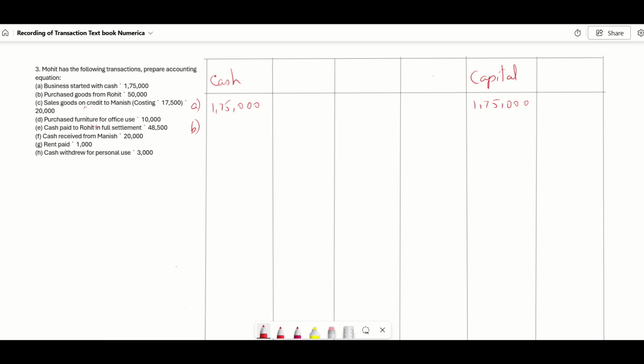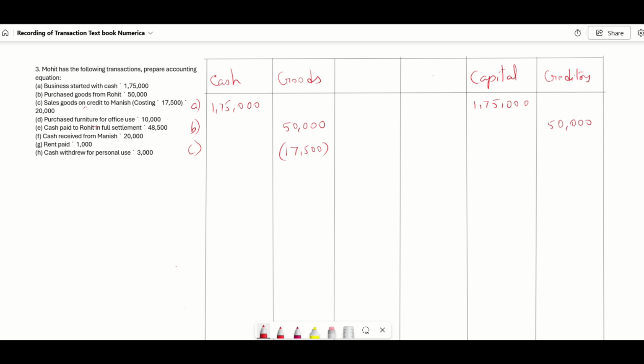Purchase goods from Rohit, 50,000. So goods, it's a credit purchase. Goods worth of 50,000 is coming in. So we'll also add creditors 50,000. Okay. So there's increase in asset, increase in liability. Again, it is tallied. Then sale of goods on credit to Manish costing 17,500 to 20,000. So the cost of the goods that's been sold is 17,500. That we'll deduct from the goods,